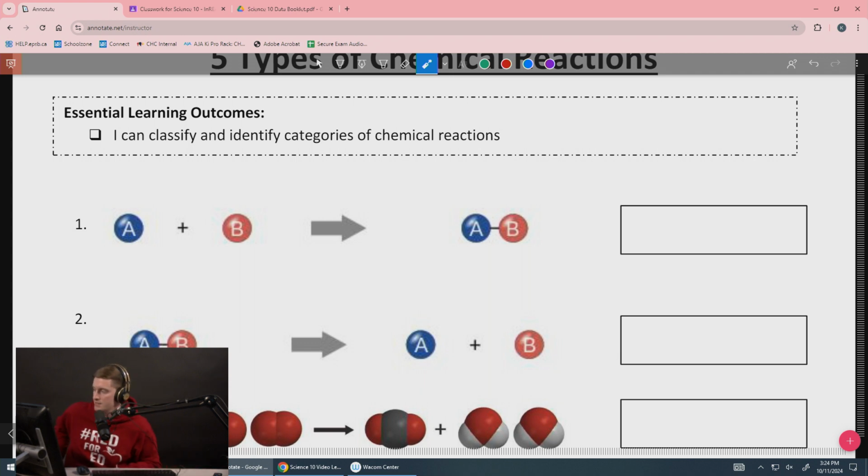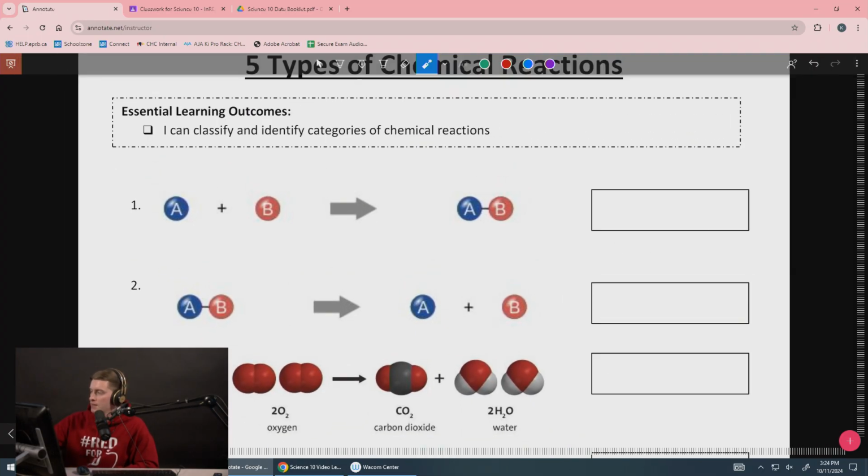All right, in this lesson, we're going to talk about the 5 types of chemical reactions. We got some pictures here. If on your reactant side, you have elements by themselves, so only one chemical symbol. This A represents any sort of element. This B is not specifically boron, it can be any sort of element. But if you have an element plus an element,